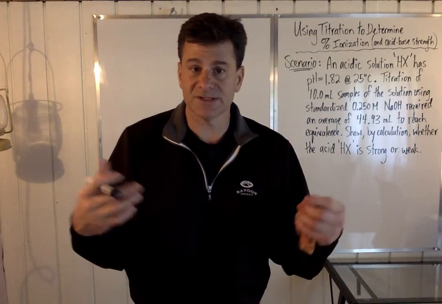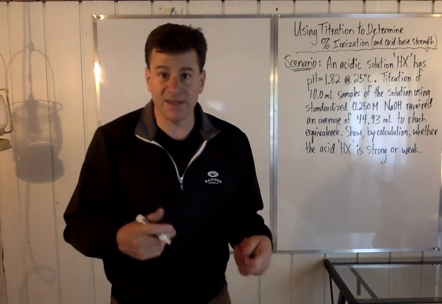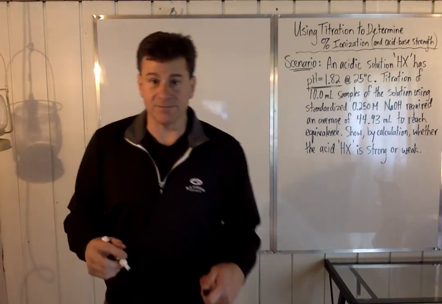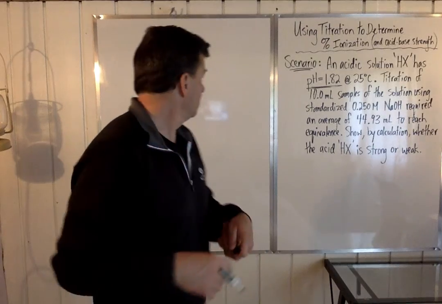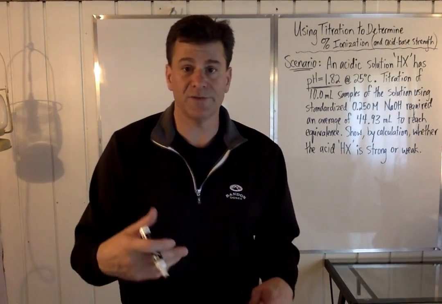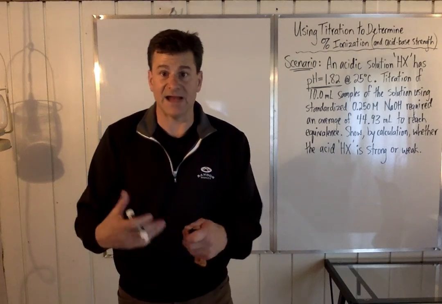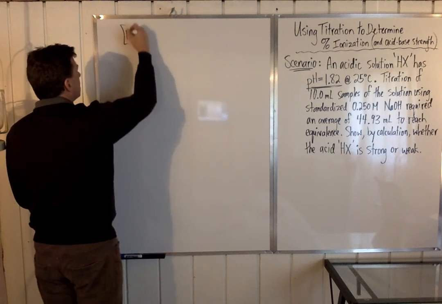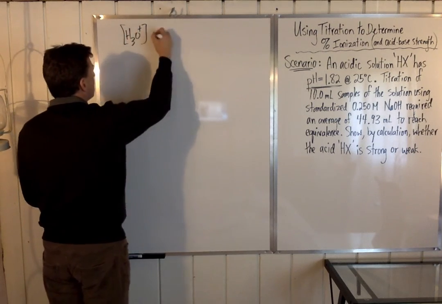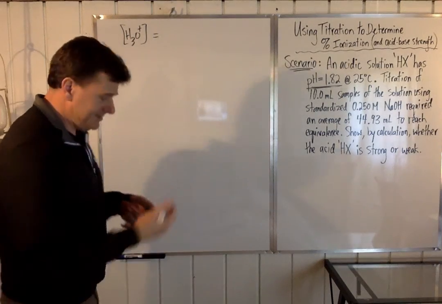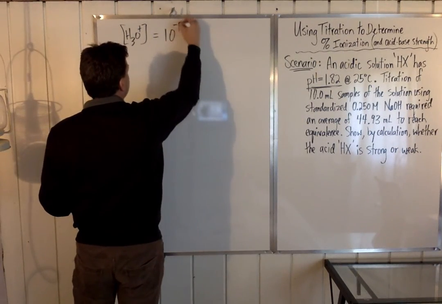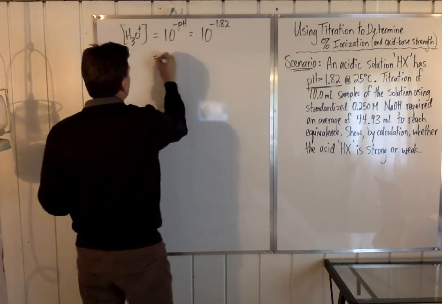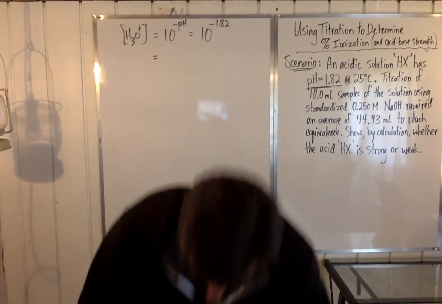So there are 2 pieces of information here in the actual scenario. Point number 1 is the pH that's given. So pH of 1.82. That pH is telling you what the hydronium was in that acid solution, which tells me that the hydronium concentration in that solution is 10 to the power of the negative pH, which is 10 to the power of negative 1.82, which equals, and I pull out the calculator,